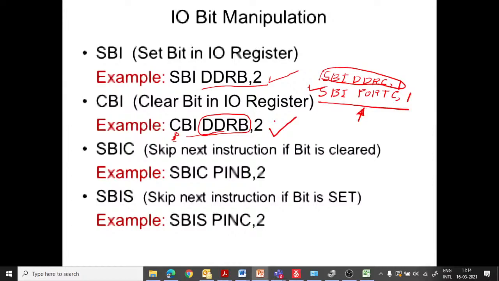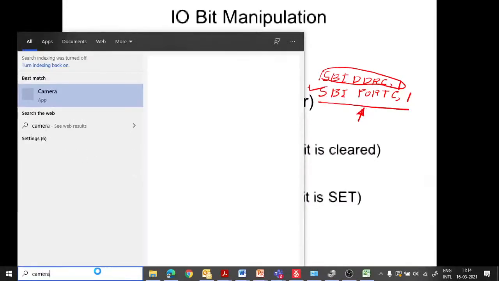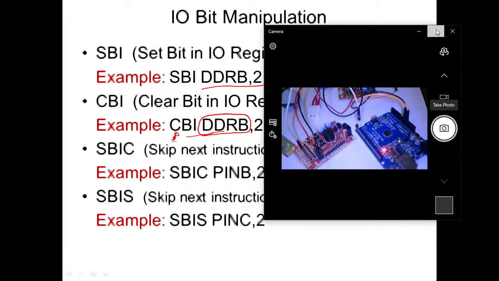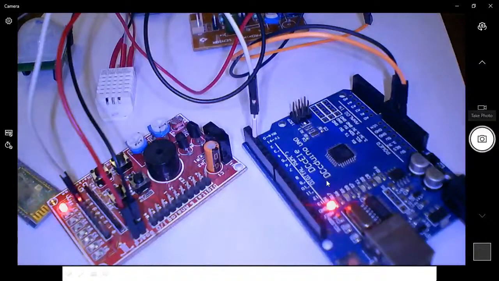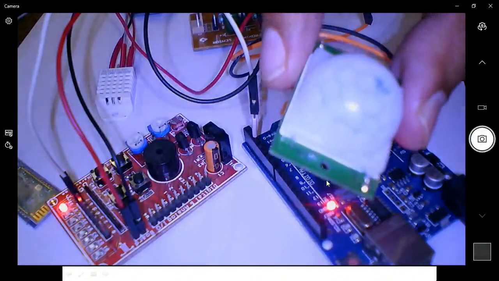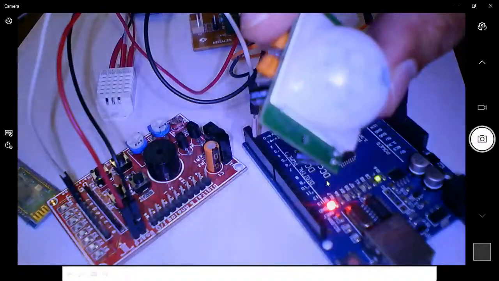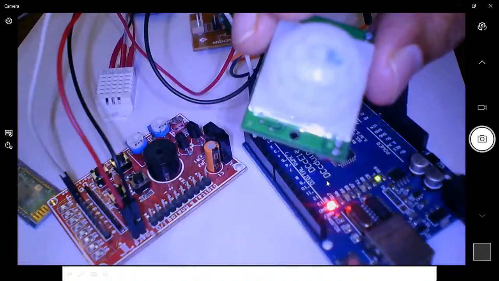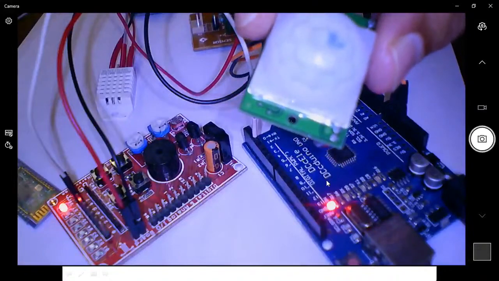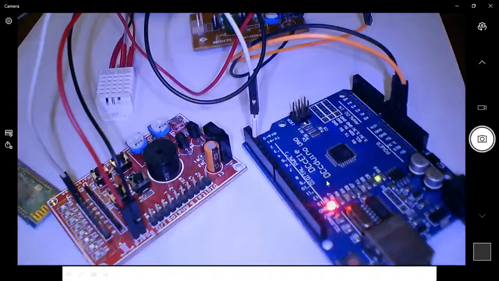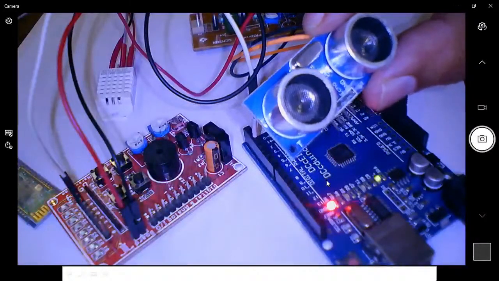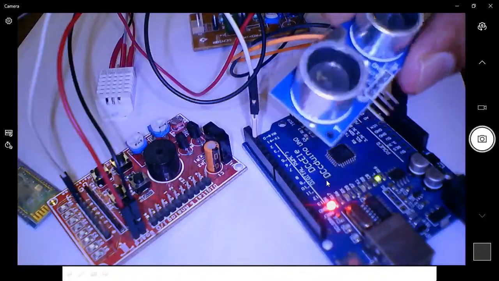I will switch on my camera and show you some of the devices available with me at present. I have a few devices with me. For example, if it is visible to all of you, this is a PIR sensor. If I want to connect this sensor with my microcontroller board, I have to declare the input pin, because this is an input sensor. Similarly, I have an ultrasonic sensor like this. It is useful to measure distance. So for this also I will be using my pin as an input pin.